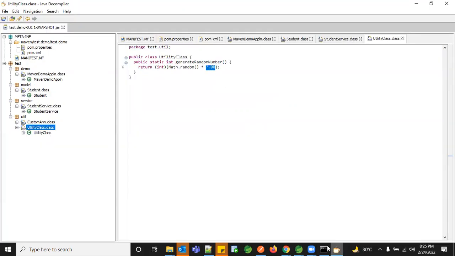But internally, on your compilation, it has been taken care of as 7.0D, since Math.random returns a double value, the internal conversion has been taken care of by your Java application. So in these ways, all your variables, class names, and method names, sometimes, not every time, sometimes advanced-level corrections would be taken care of on your packaging. So this is the way your entire jar looks after you deploy.